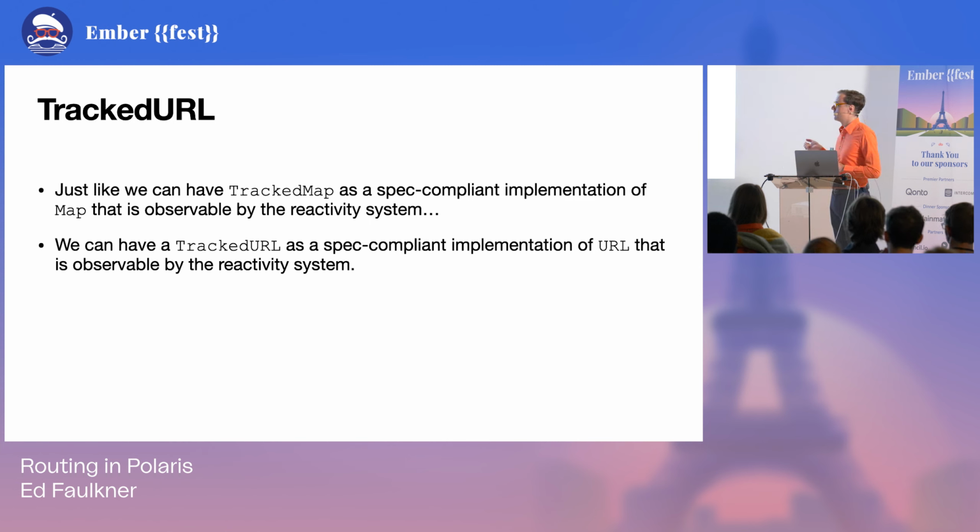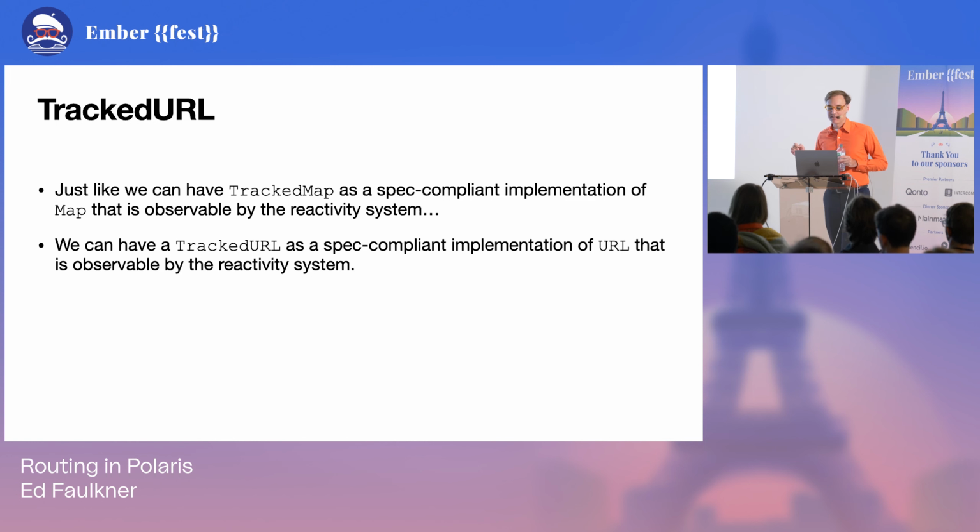You could do that for URL. You can have a tracked URL, and you could represent the current location of the page with a tracked URL. And now, as long as you get that primitive right, you can build a whole routing system around it with nothing other than tracked properties, getters, cached, destroyables. To get the tracked URL right, we do need to think about the remaining big boss fight of routing reform,